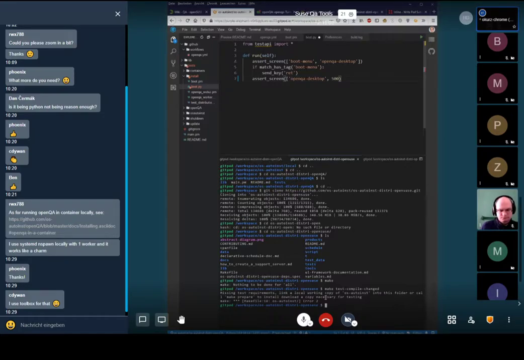Saying missing test requirements because it needs a copy of os-autoinst, which we do have, or we can call